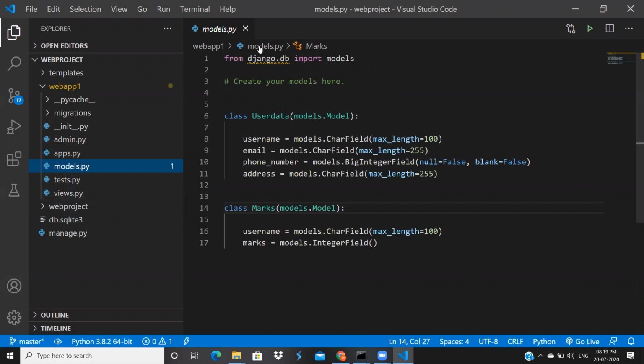Yeah, this is models.py. Here we have the user data class. This is referred to as a table, and this is inherited from models.Model. These are Django models, where Django is already taking care of your database stuff. You just define one class, and you define class variables as columns. After this, you have to run two commands. As I told, python manage.py makemigrations, and after that, migrate. These two commands will finish your migrations, creating your database stuff.